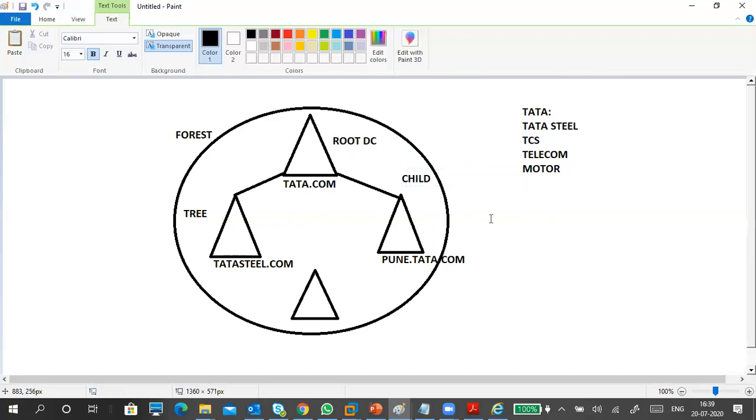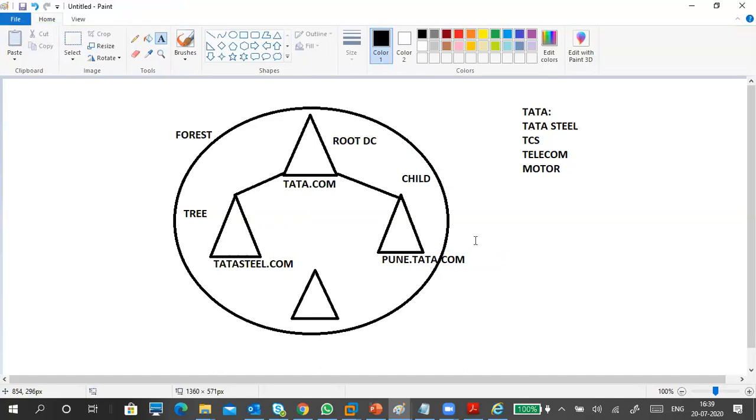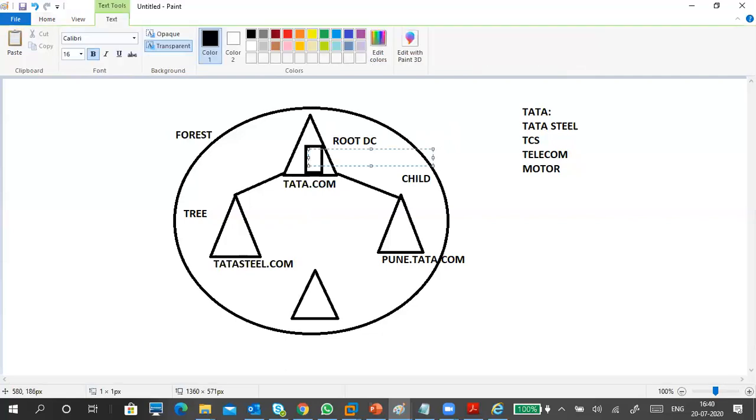This is a child domain controller. So the forest is wider, and within the forest all the domains and domain controllers are there, right? The triangle represents a domain. Within the triangle, if you see any computer symbol, it means the computer is a domain controller. Like you can see, right, DC. This is a domain controller.